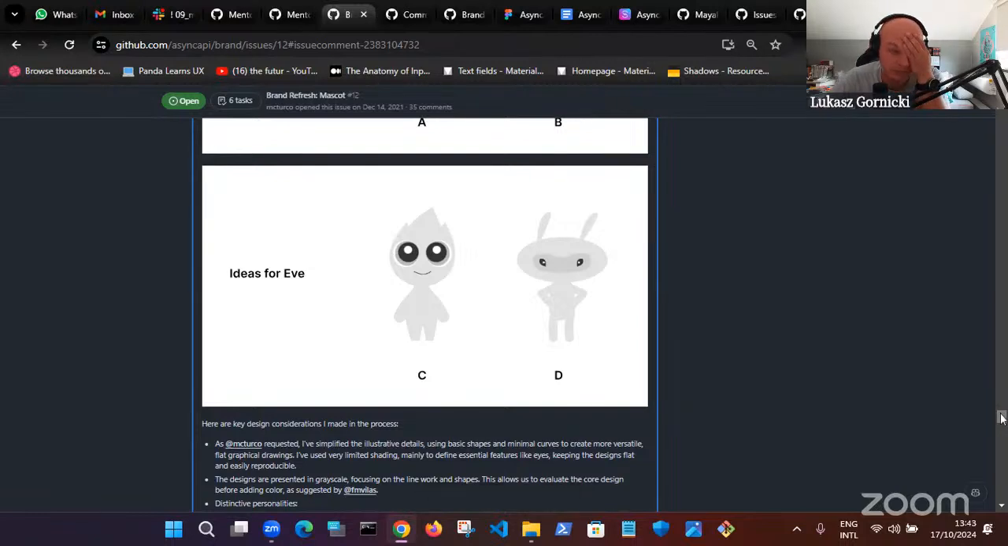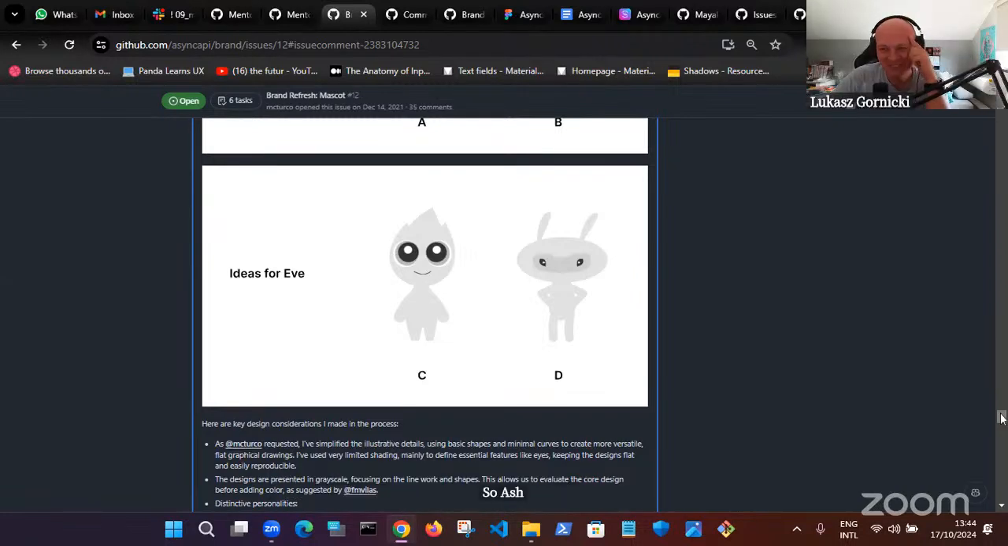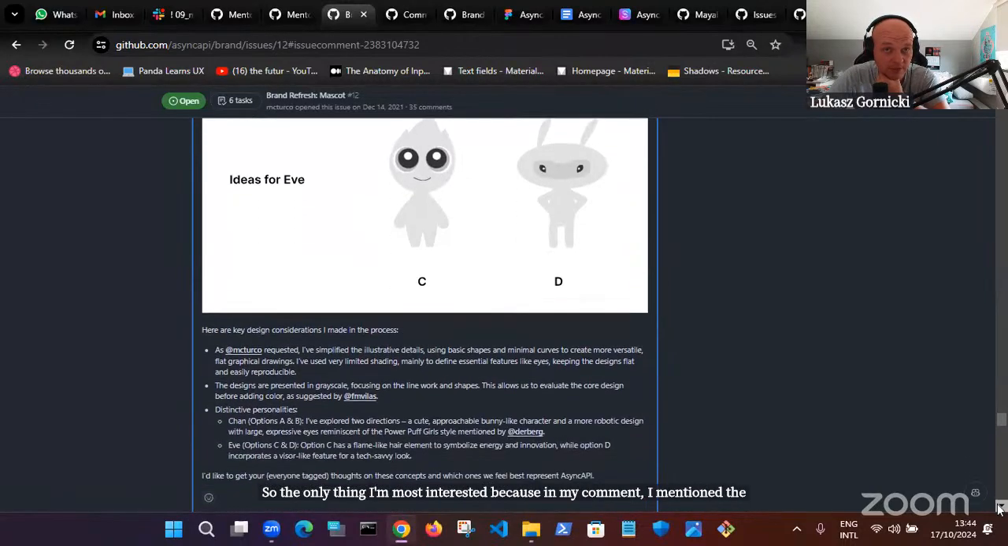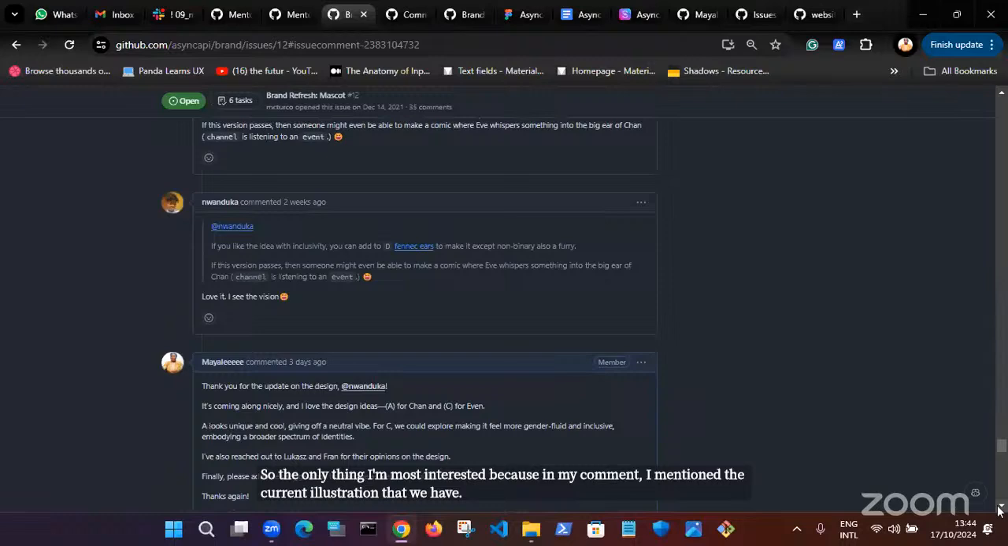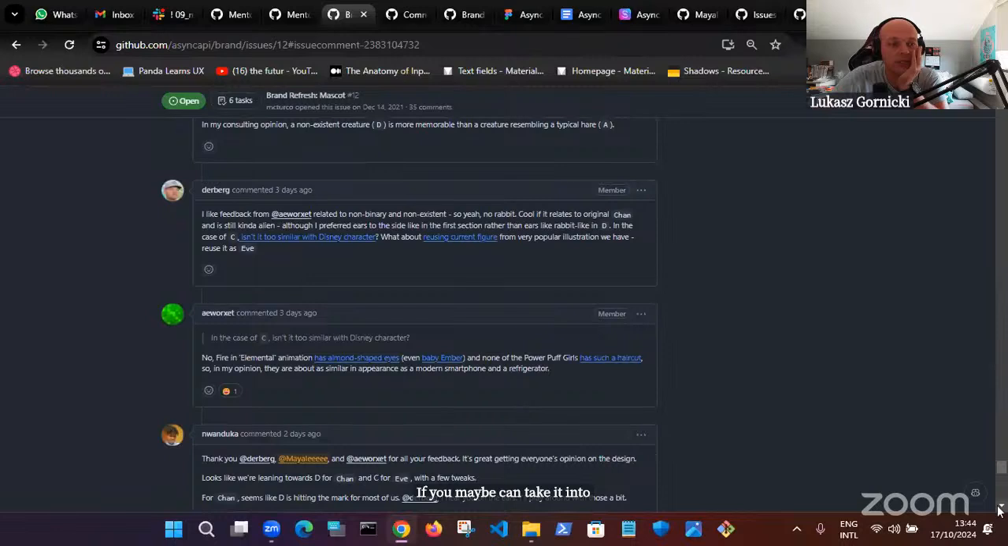When it comes to the designs themselves, sorry, I didn't follow up with the issue after my last comment. I just now quickly saw Ash and his comment about Elemental, which was funny. So what I'm most interested in is that in my comment I mentioned the current illustration that we have. If you maybe can take it into account,